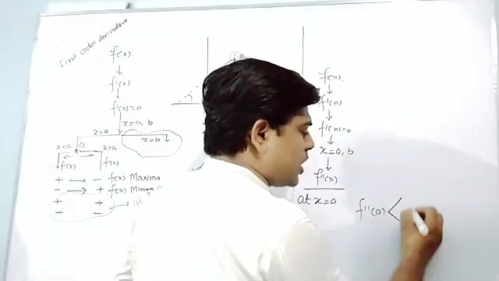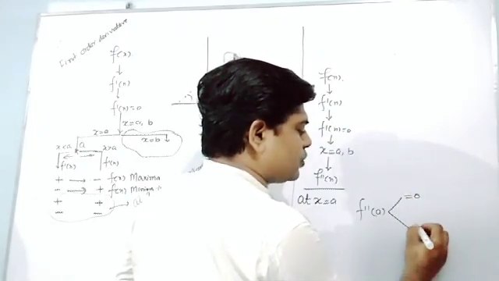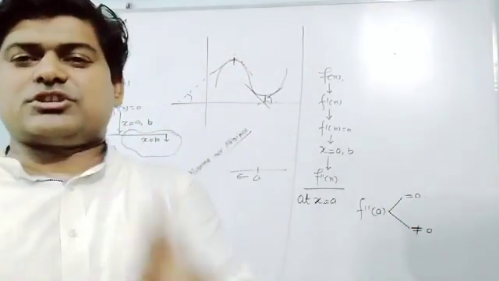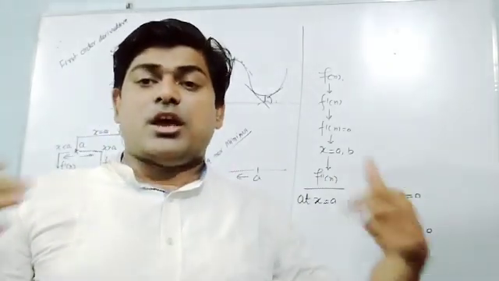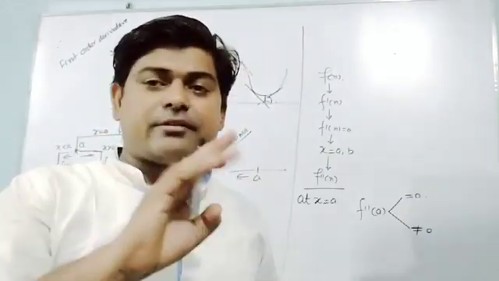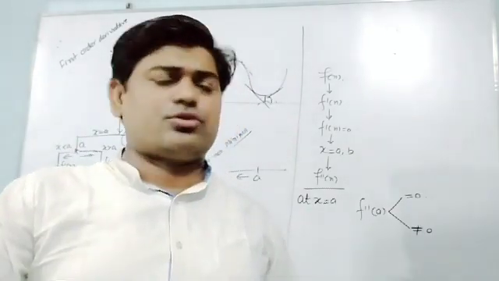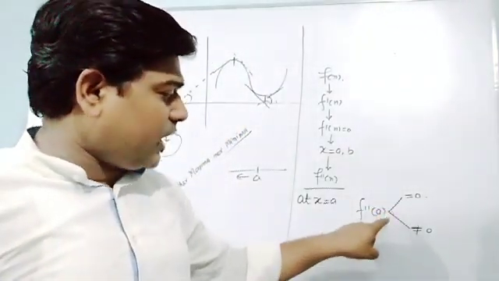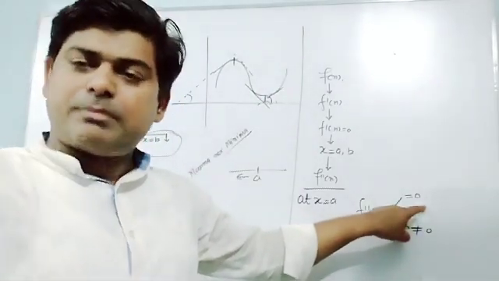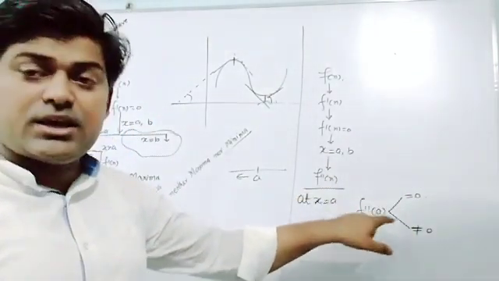And here there are two options: either it is equal to 0 or it is not equal to 0. If it is equal to 0, let me tell you very clearly, in your syllabus only the second order derivative is given. If we are preparing for competition, for IIT and all these things, then we will not stop at second order, we will use higher order derivatives. When f double dash a is equal to 0, we have to proceed to the next order derivative, means the third order derivative.